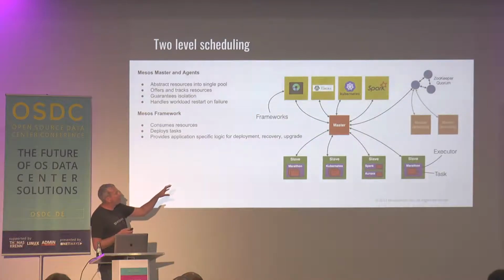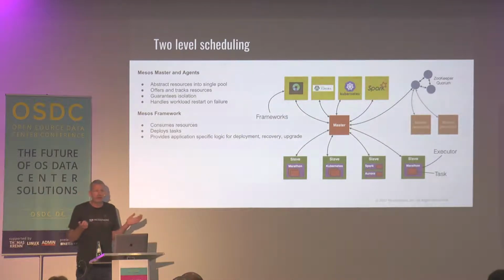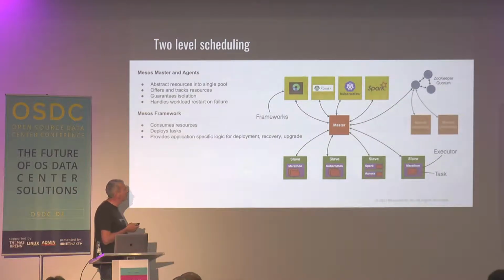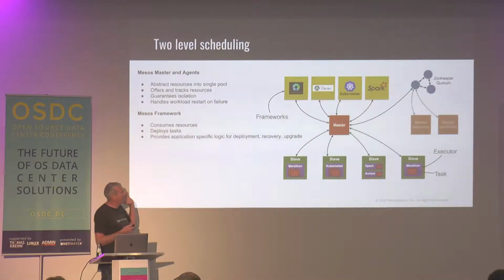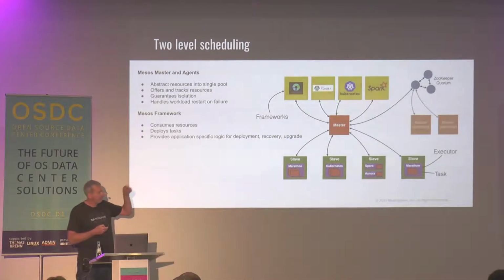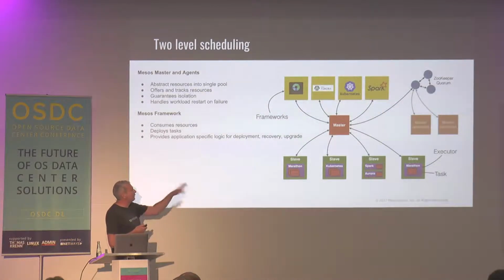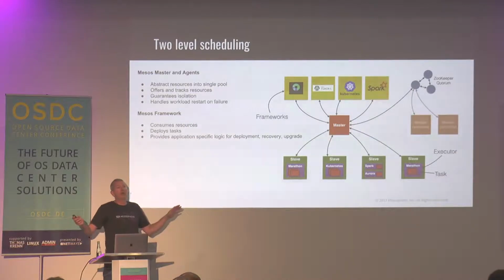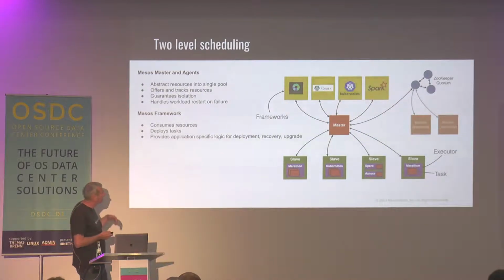We'll then have a number of masters, normally in an odd number, so that we avoid the problem of split braining in the cluster if we lose master nodes. And one of those master nodes is elected as the leader. And then we'll have a number of slaves. These are actually called agents in modern parlance. This image is slightly old. And those slaves will effectively be all of your hardware running those slave processes.